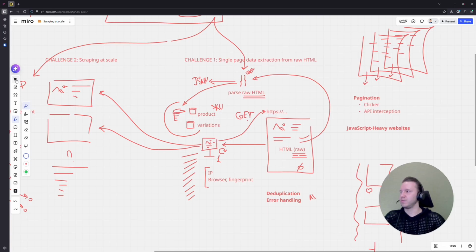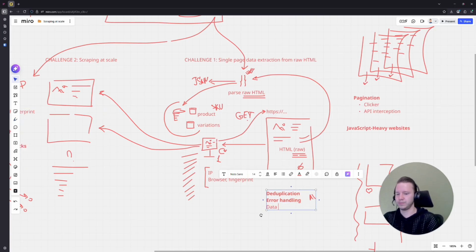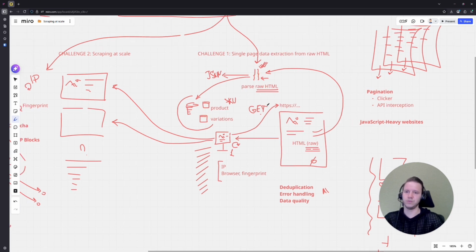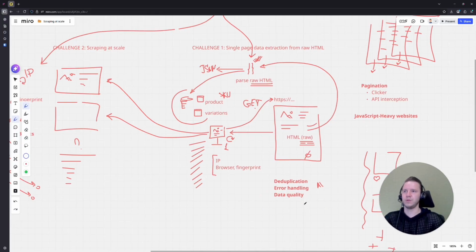And of course, there is another challenge here, which is just data quality. Normally, you would see everything rendered on the screen just as plain text, right? But it is not really plain text normally. For some data types, it might be numeric types or something like this. Something might not get rendered at all if it is empty, right? So you need to detect all those cases, and you need to have handlers for different data types, because again, your eventual data in the database will be just as good as your extractor. You need to really pay attention to the data quality,